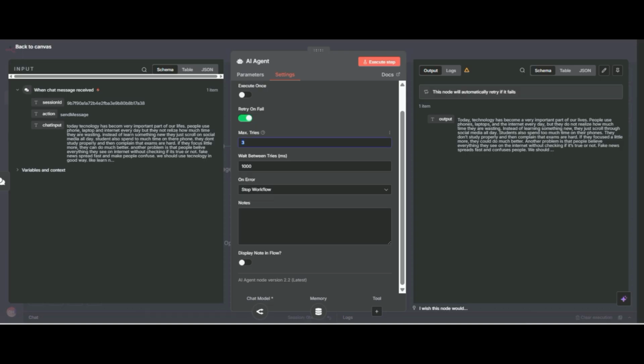Now I set 5, and how many milliseconds you want to wait on error. I select 100,000.